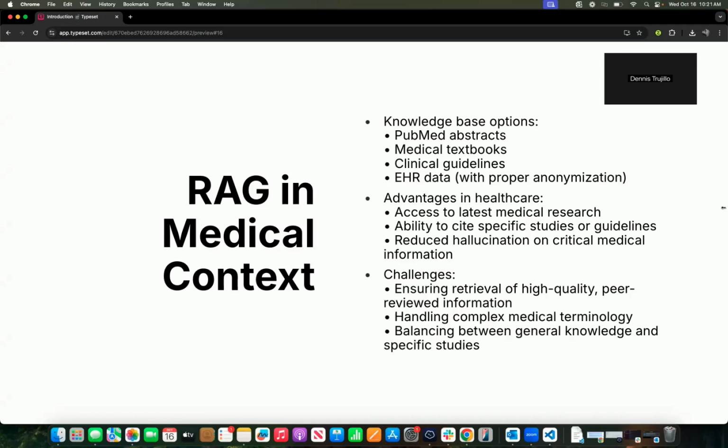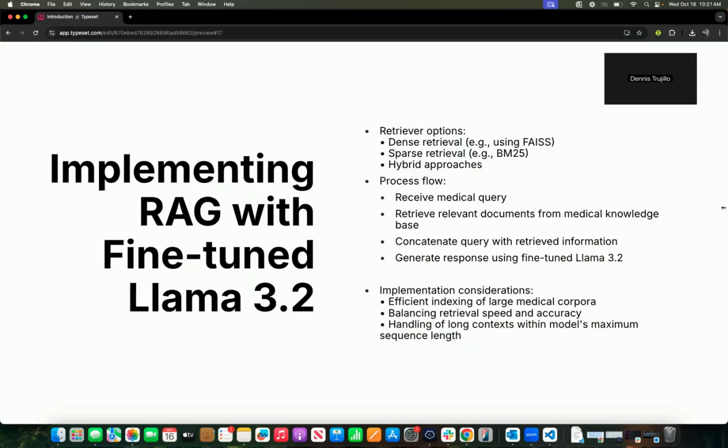And basically, you're attaching expert documents to something which may or may not be able to return good answers. So you typically want a model which was also trained on medically relevant data to provide the best answers. So for the tutorial that I'll be going through, basically, we're going to be looking at implementing RAG with Llama